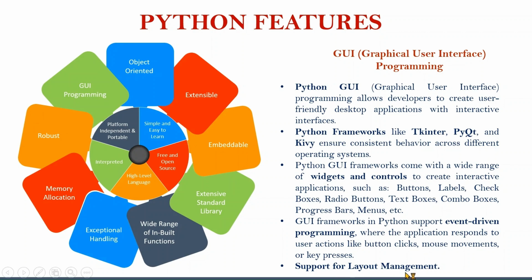Then layout management, that is, where to place your components on screen. Suppose you want to follow a grid pattern, like two-dimensional rows and columns, to put your components, you go for grid layout. Then you have flow layout, where you can put your components from left to right and top to bottom. In tkinter, we have the place, pack, and grid layouts. Place implies that you give your own XY coordinates where you want to place your components. So like that, we have some predefined layout managers, by using which I can place my components on screen.